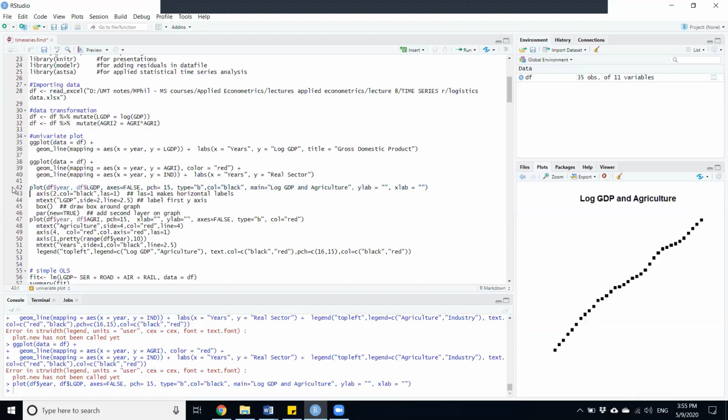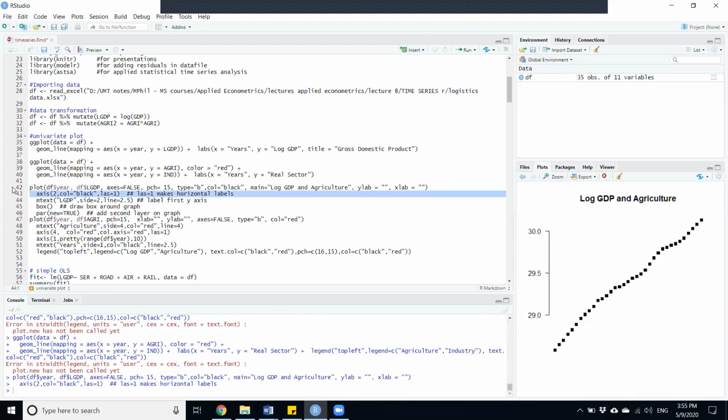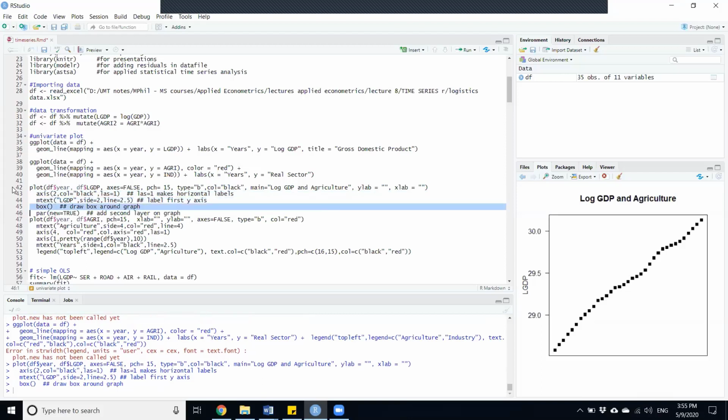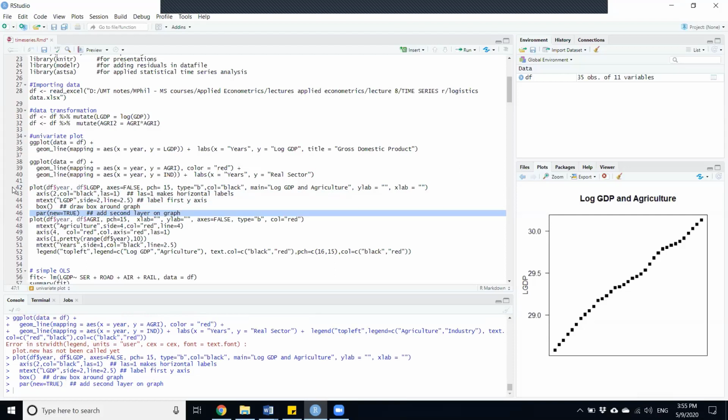And then in the second line, I will add the label for the x-axis, and then in the third line, it is labeling the name LGDP, and then the fourth line will draw a box, and then par new equal to TRUE means it will be ready to add the next graph on the same graph rather than making a new graph.